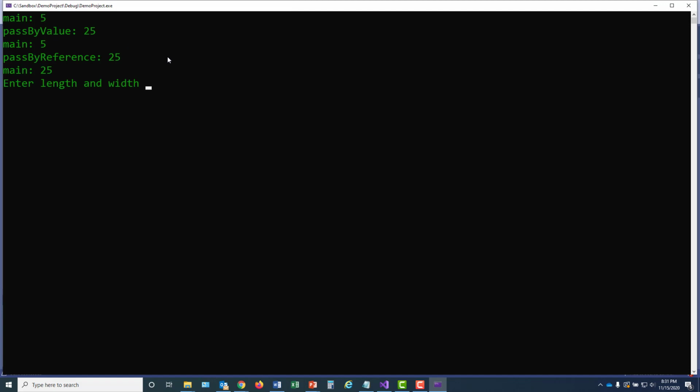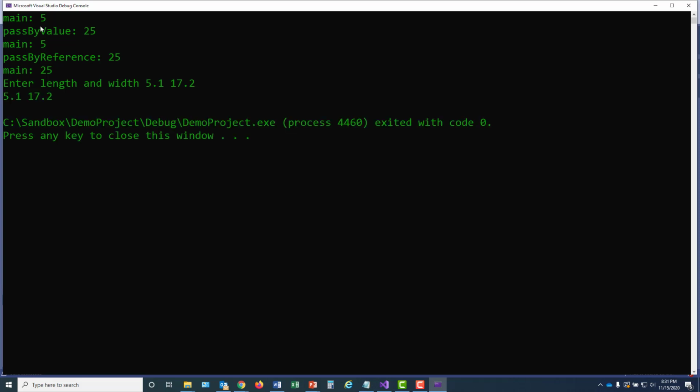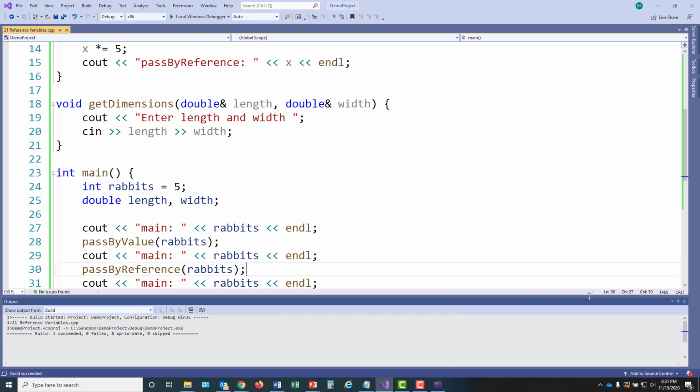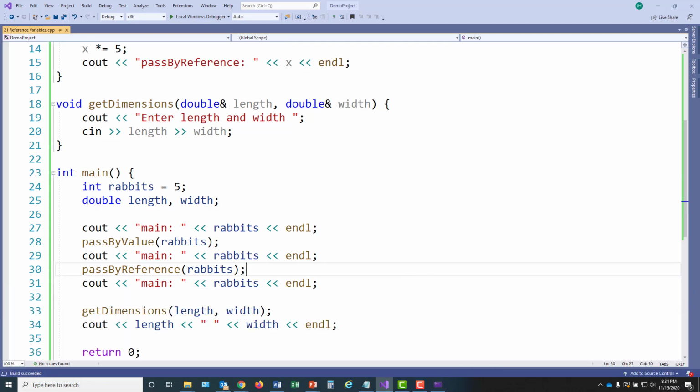I still have all of my rabbits going on, but here I'm going to enter a length and width of 5.1 and 17.2. I don't know. And then when I'm back in main, I'm displaying the same values. Let's clean all this up here. So,